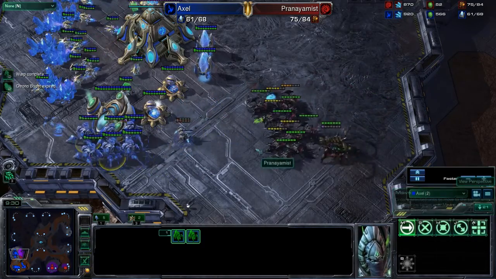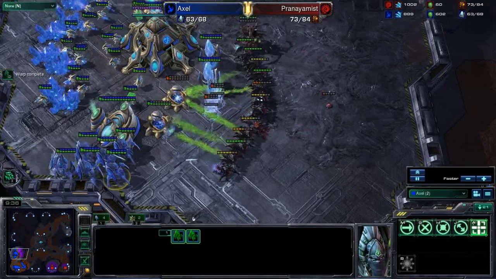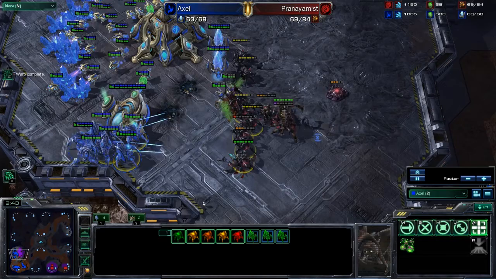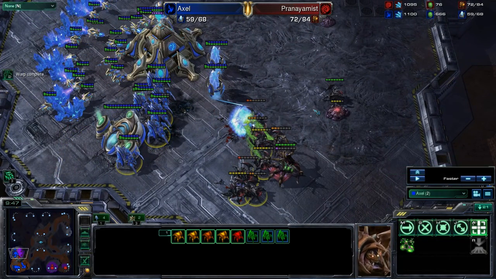And it's just right here. It comes down to micro. Just don't lose all your stalkers for free, and you should be fine. Then of course use the cannons to your advantage. Not the best macro here for me, but it's all good. Again, watch income tab. I haven't even seen it. I'm gonna guess I have